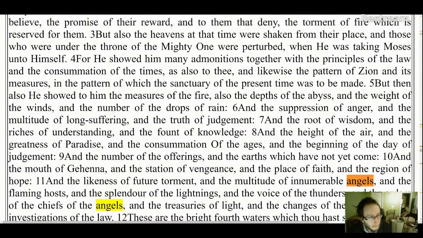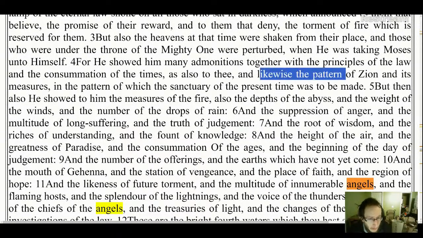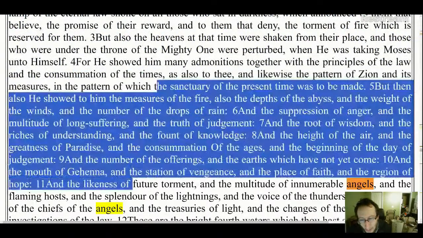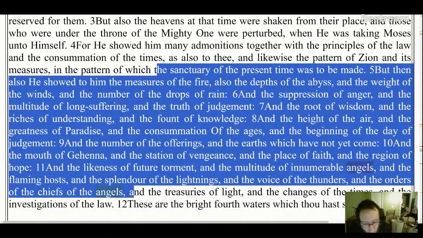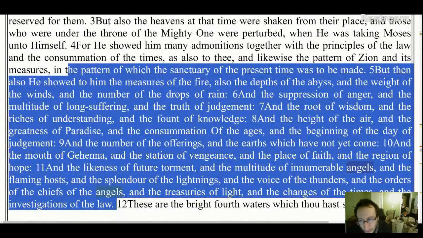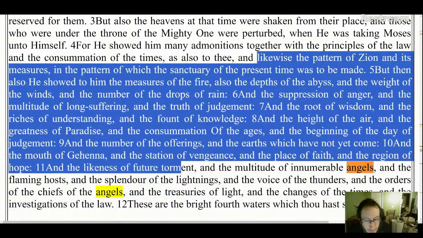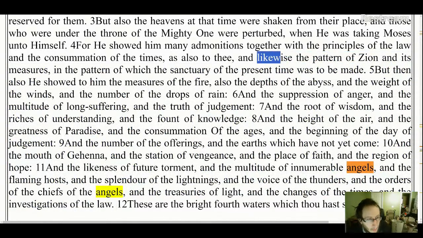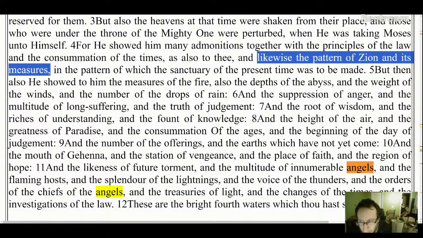But the very fact it says right here, Moses saw the pattern of Zion and its measures. That sounds an exact description of the New Jerusalem text. And the fact that it says all these other things means that Moses wrote other stuff we don't have in current books, right? So if these things are correct and that Moses indeed wrote about these things in another writing, the best explanation is that if we found a writing that matches this, it was probably by Moses.